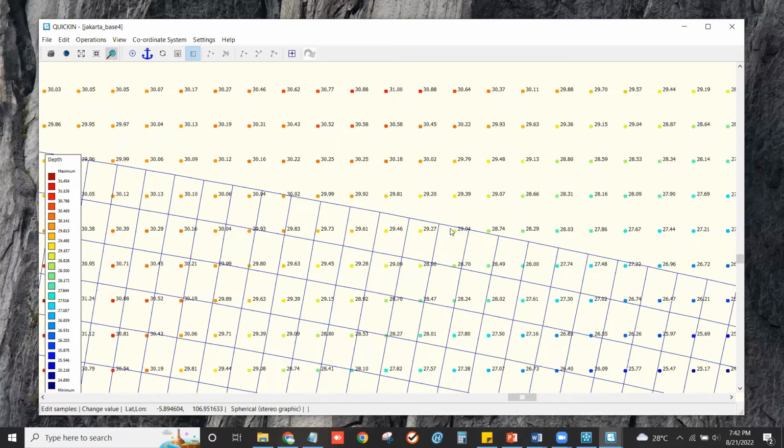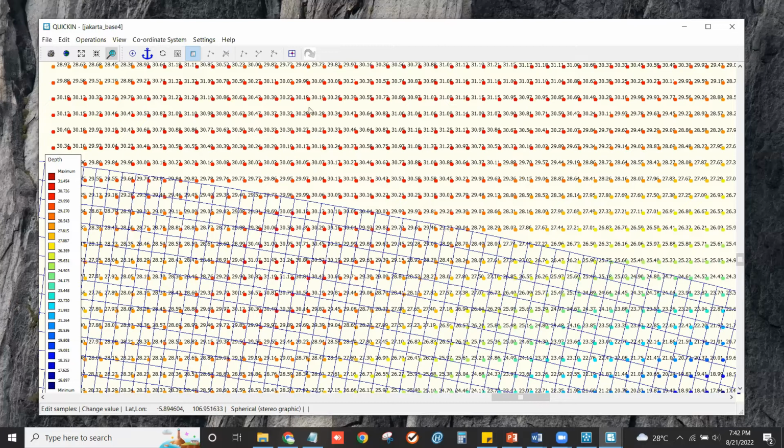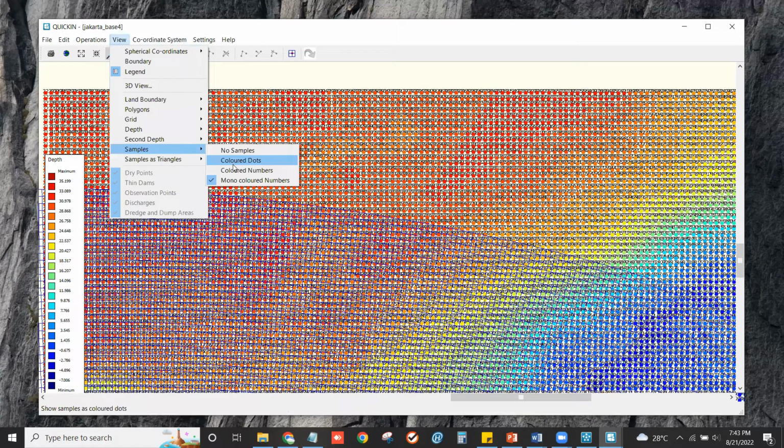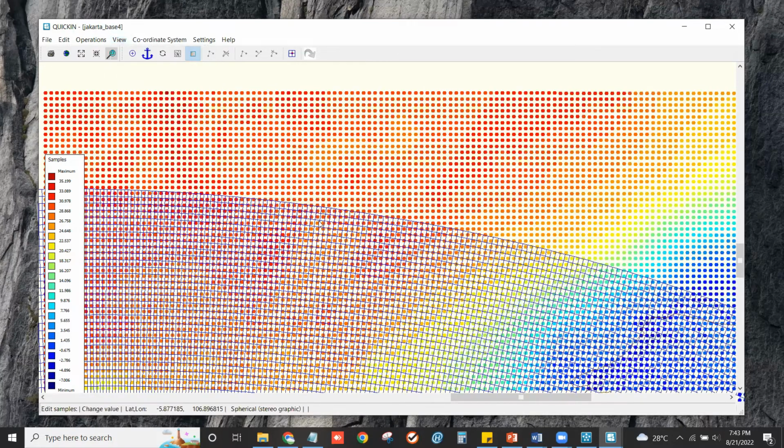Okay, this is the step to change the value number on the samples.